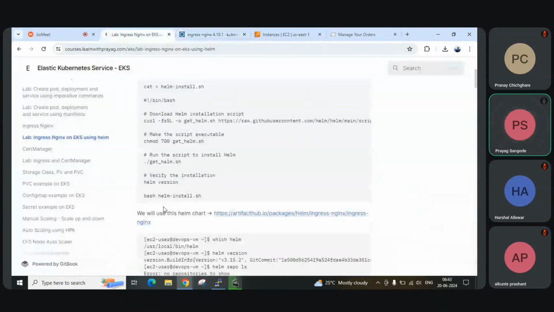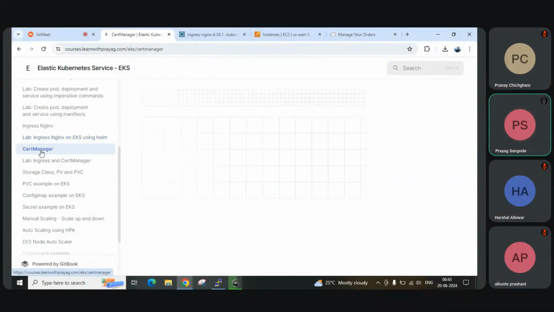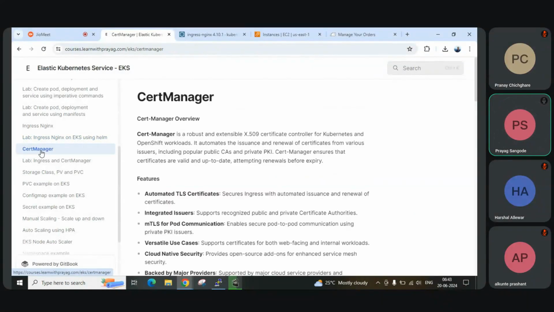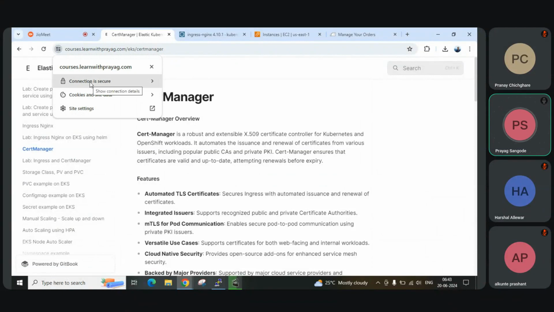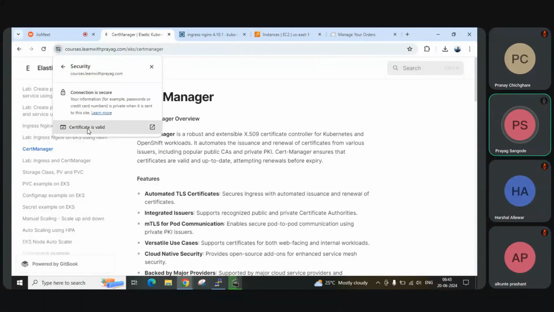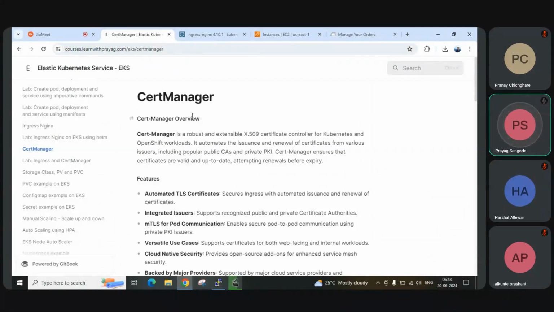certificates on it. So after creating the ingress, we also need to install certificates on it. Certificates are nothing but the SSL. If you see it here, it is saying the connection is secure, the certificate is valid. But yesterday, when we created it, it was for a private domain,